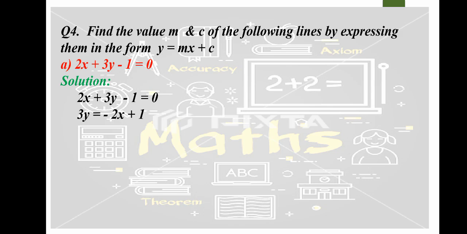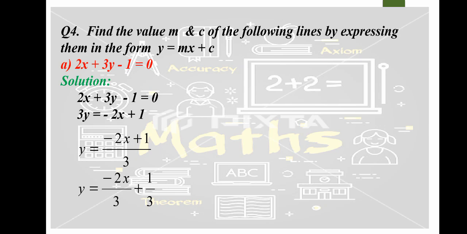Now according to the equation y is equal to mx plus c, on the left side there must be only the y variable, but here there is the coefficient of y as well. So 3 is multiplied by y. When it moves towards the other side, it will divide the expression minus 2x plus 1. So the equation will become y is equal to minus 2x plus 1 divided by 3. And we can also write that equation in split form, that is y is equal to minus 2x over 3 plus 1 over 3.